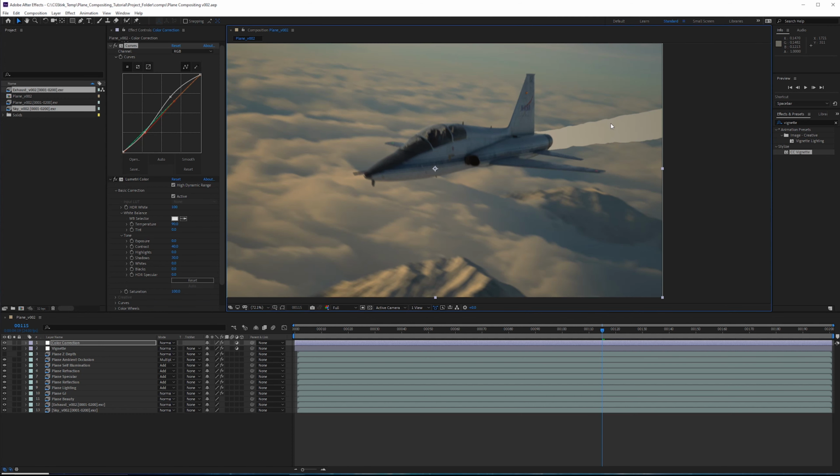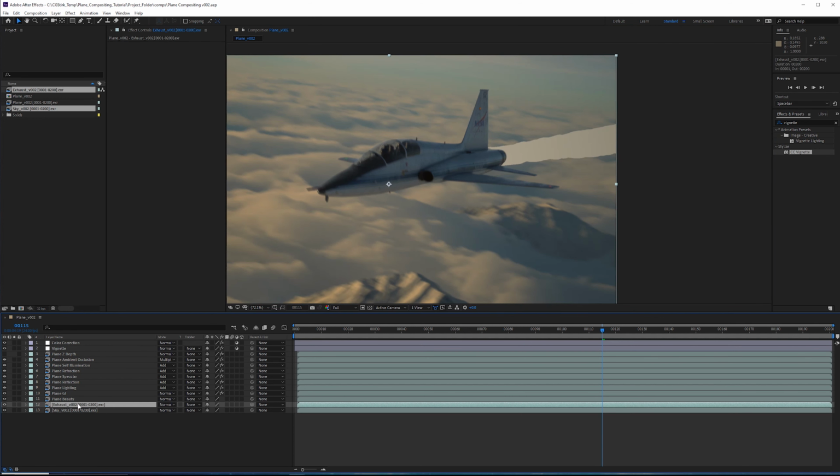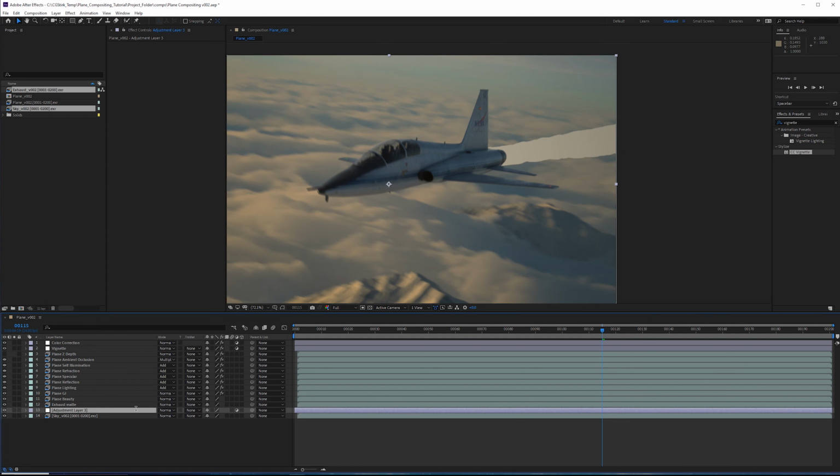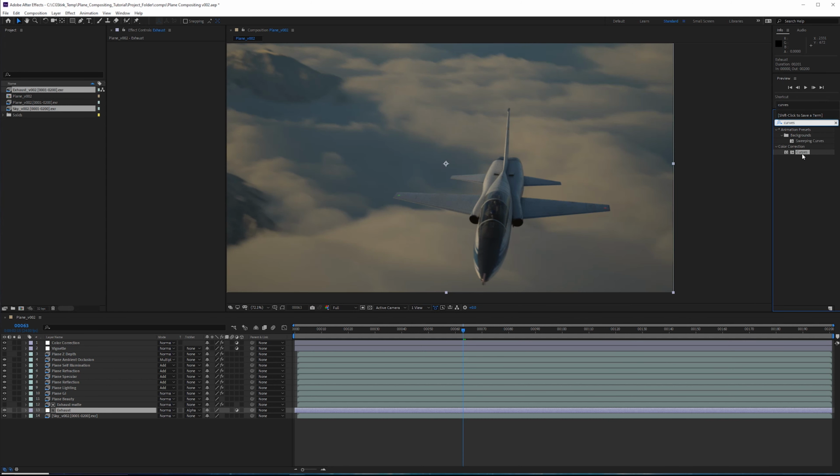So the next thing we're going to do is make the exhaust. We already have a matte for the exhaust, which is fine. I'm going to rename this layer to be exhaust matte. And underneath the exhaust matte, we're going to grab an adjustment layer. Let's call this exhaust. Now on the exhaust layer, we're going to change the track matte to be alpha. Exhaust is going to disappear, but that's just because we're using a track matte and there's nothing on this adjustment layer yet. To make this show up, we're just going to grab a curves effect and then just darken down the value. Something around there will be good.